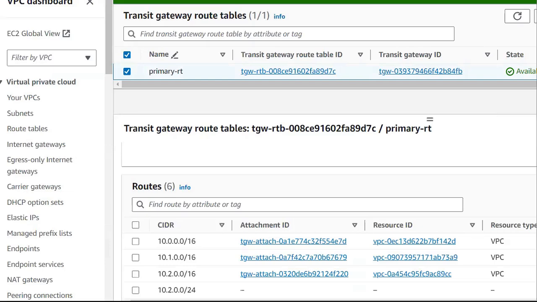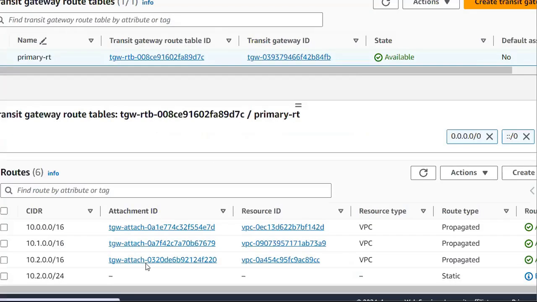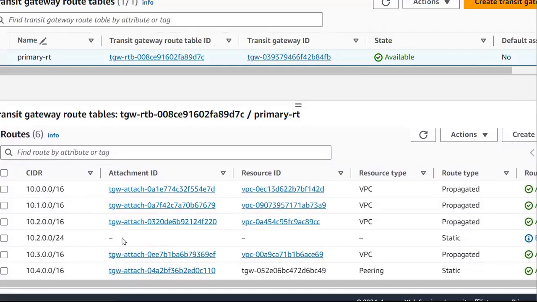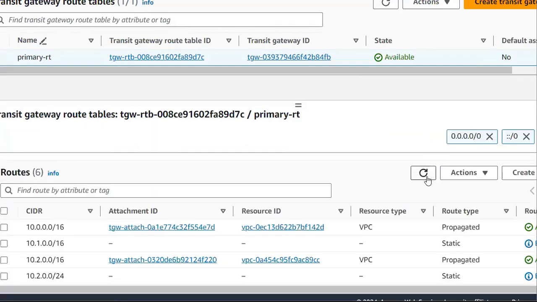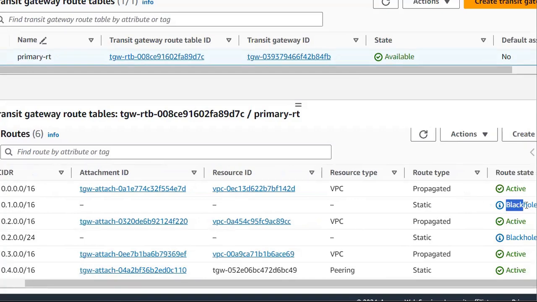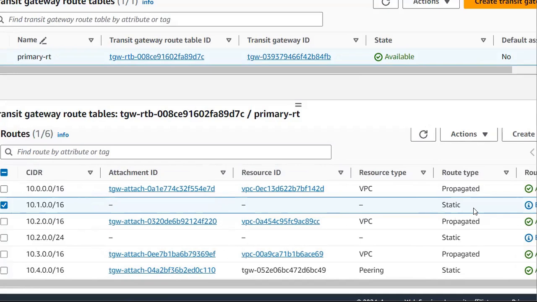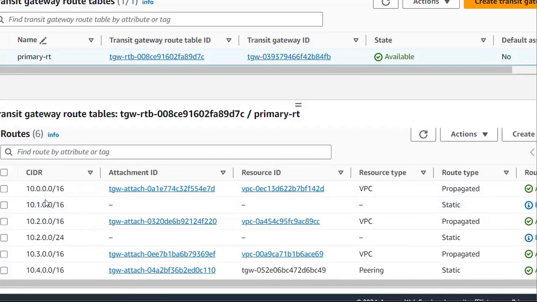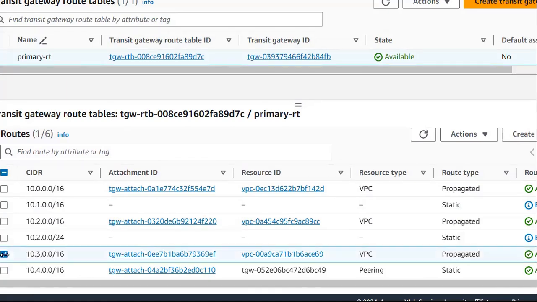Now if you observe, here also from 10.1, I think it's not updated. Yeah, now it's updated. You can see from 10.1.0.0/16, now all the traffic will reach where? The black hole. So now we updated our VPC B related traffic and VPC C related traffic, and VPC D related traffic also we can update by just selecting this, and under Actions you have an option to replace,